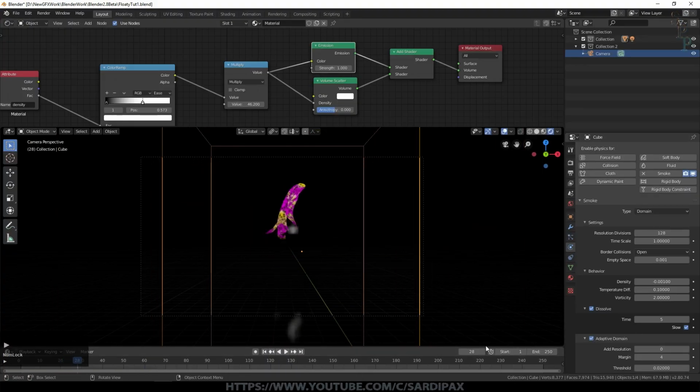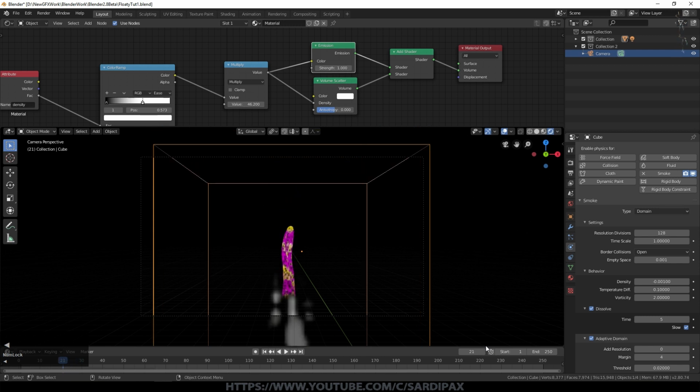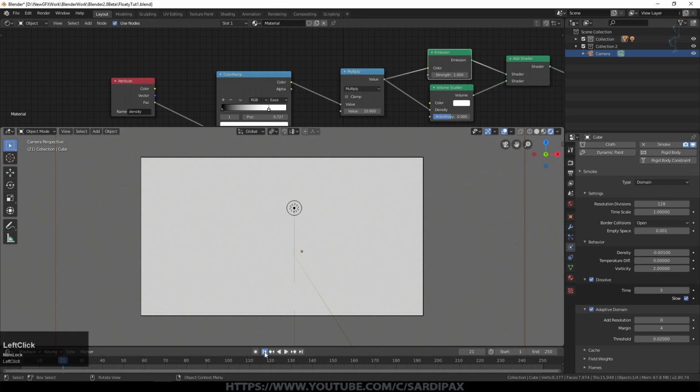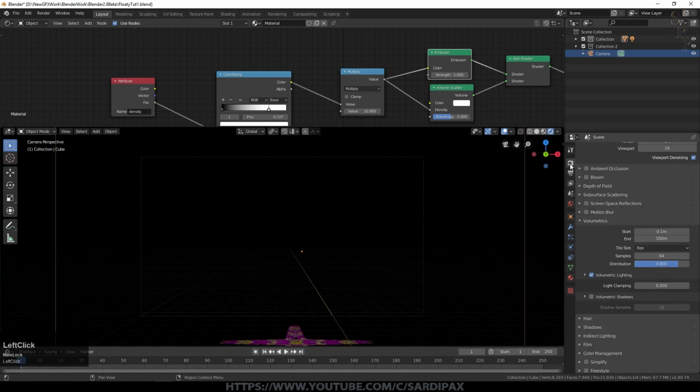So we do get some strange artifacts with EEVEE volumetrics, and we can improve those a little bit. I'm going to set the temperature difference to 0, which will mean the smoke won't rise. Not so easily anyway. And then I'm going to come over to here and we'll change the tile size to 4. I did tend to get some crashes when I set it to 2, so this is basically a higher resolution. The way that EEVEE seems to render volumetrics is in slices that are then overlaid on top of each other. So at a glance, they look reasonably convincing, but it's not rendering the whole volume. And that's how it does it so quickly.